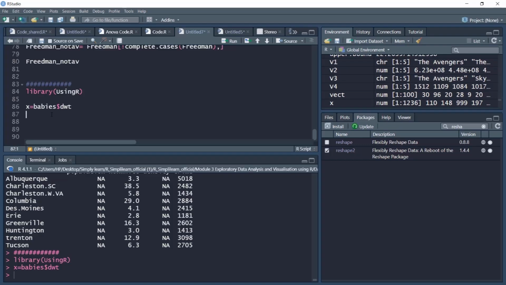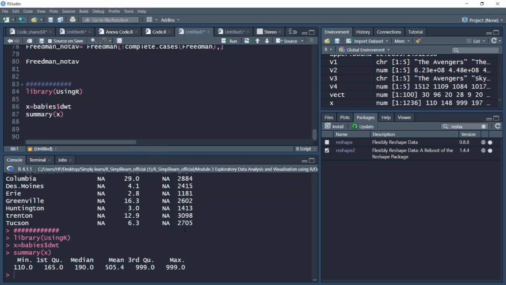And in this variable, there are certain values which are outliers. Let's summarize this X variable, and there we'll see there are certain values which are outliers, which are coded as 999. Now, this 999 may appear to be a numeric, but from a priori knowledge, we know that this is an outlier. So how to handle this outlier? Let's say you decide to replace these 999s with NA. A very simple way to do this is this kind of command, and then assign NA values. So this will assign NA values to all the 999 values.